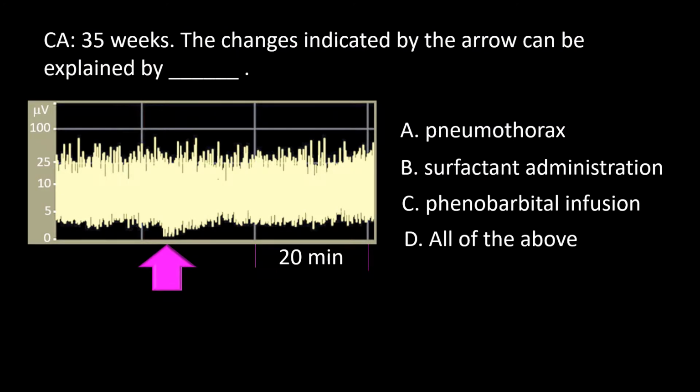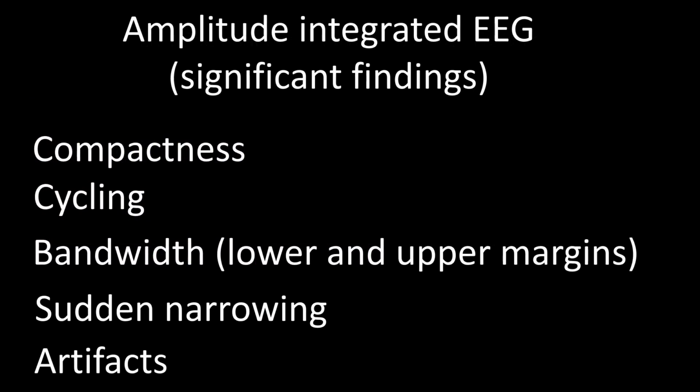Next question. The changes indicated by the arrow can be explained by A. Pneumothorax, B. Surfactant administration, C. Phenobarbital infusion, D. All of the above. Starting with the same items as we did to answer the prior question,